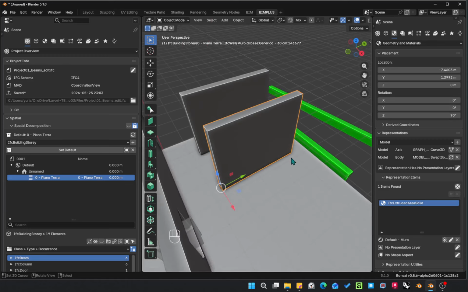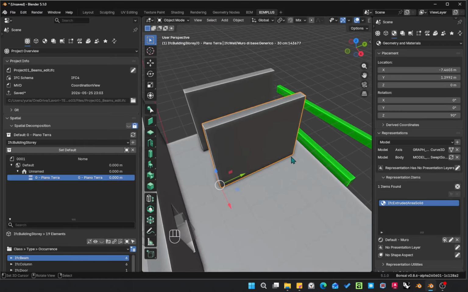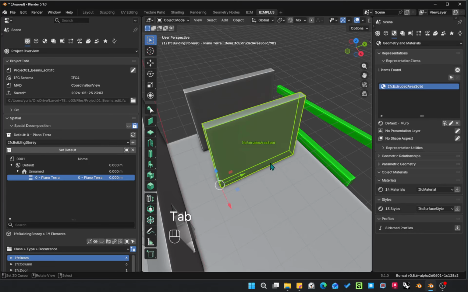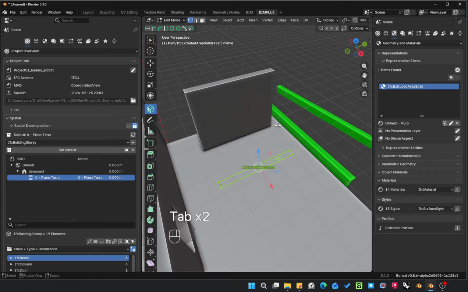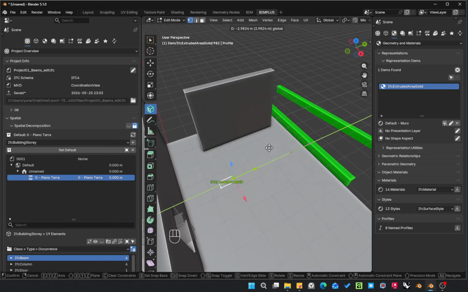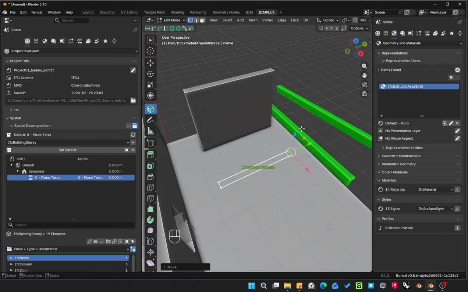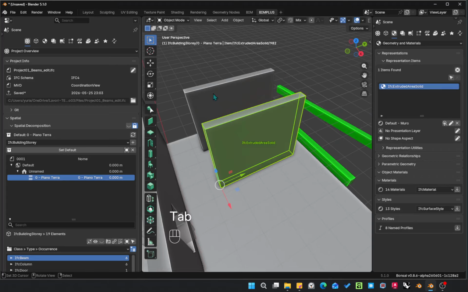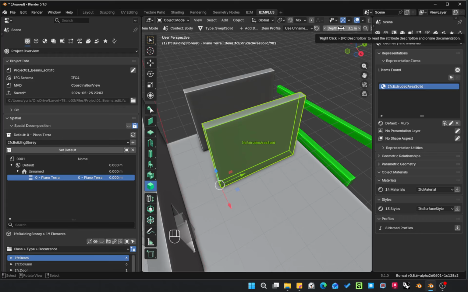It's up to you to choose to make it editable again or leave it like this one, because if you press Tab two times and you want to edit the length in this case, it is very simple to do, but it is not the best approach. I mean, this is my opinion, of course. And also you will be able to modify the height. In this case it is recognized like a depth,